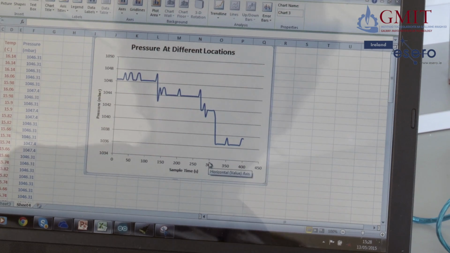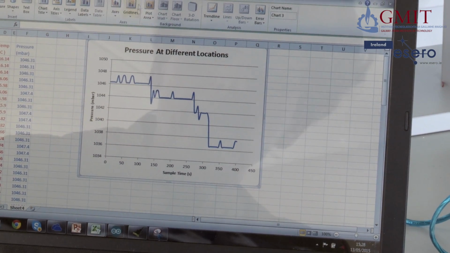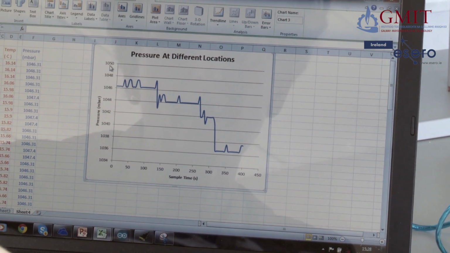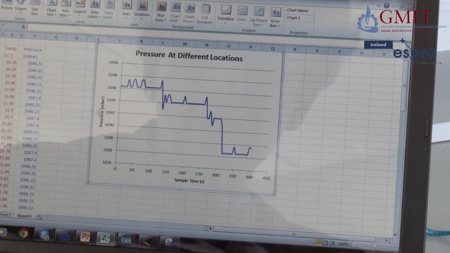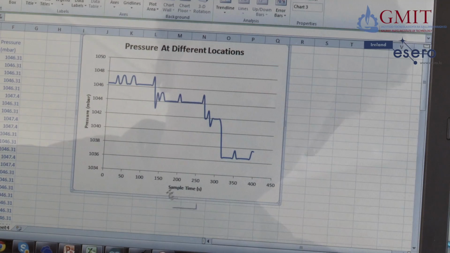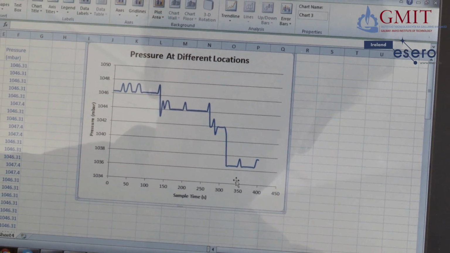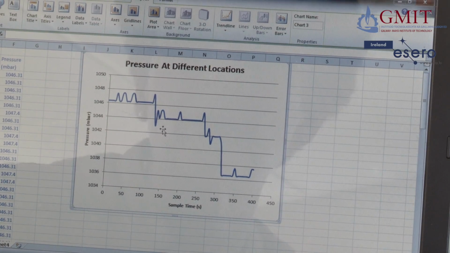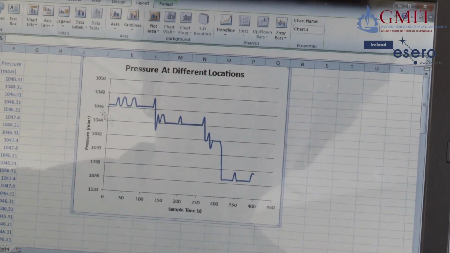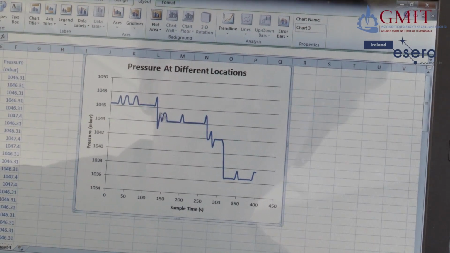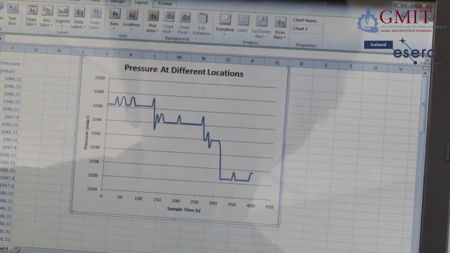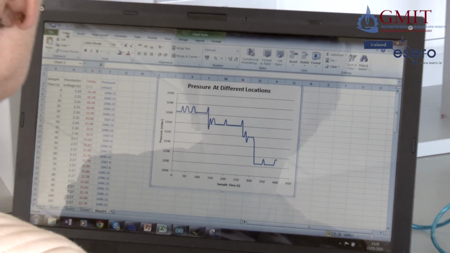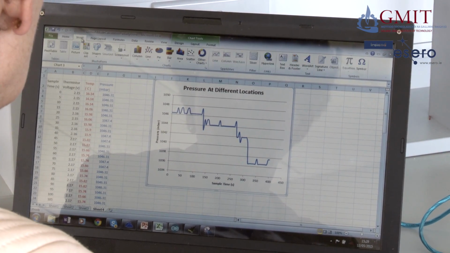For the purposes of doing a presentation with this though, it might be nice to give a little bit more information to the user. So we have units down the side, which is great, and saying what they are. And over here we're stating what we're measuring and the units. But to explain it a little better, I might like to add a few little comments on here. For example, it'd be nice to explain that this is at what location it's at, and this one, and this one, and this one. So to do that, I might come in here and go back to Home, Insert, and